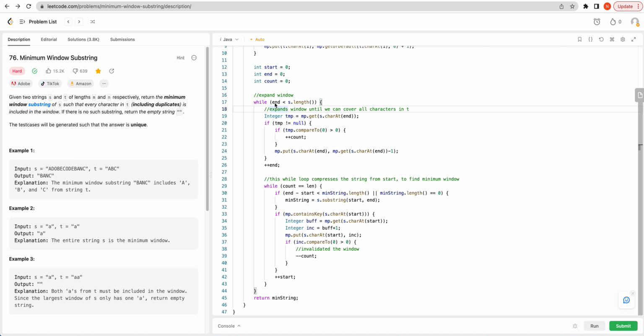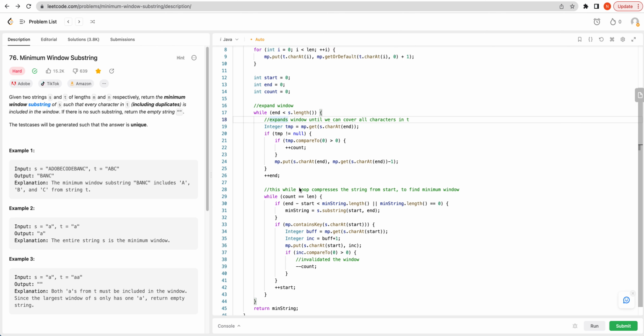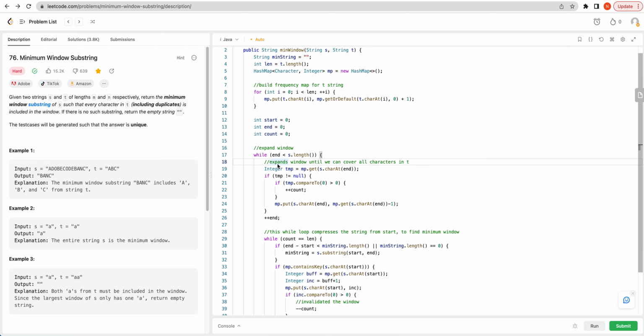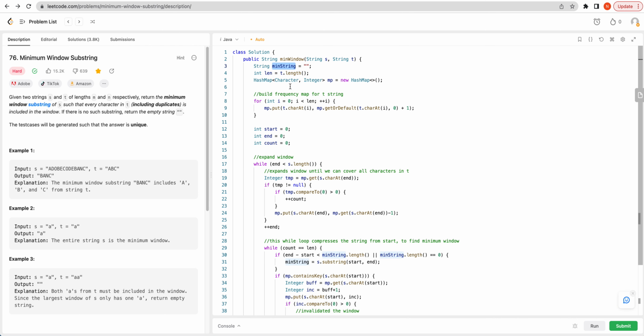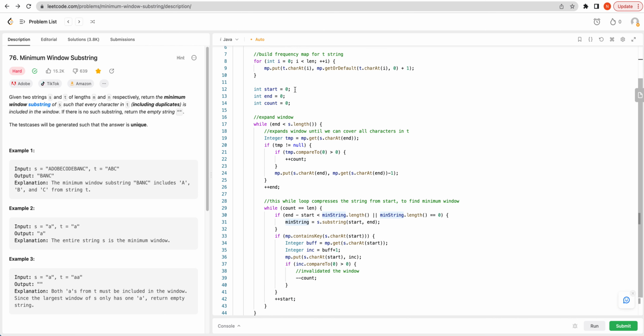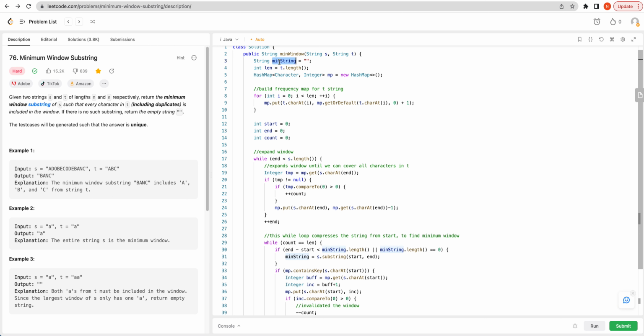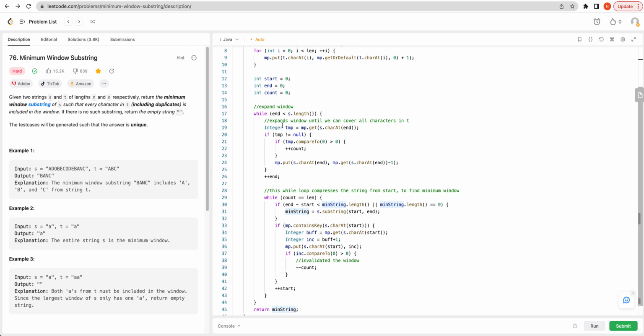If the string ends, then that marks the end of your traversal, and you return the minimum string seen so far. Min string is basically the min string seen so far, and you always update that as soon as you find the current minimum that is less than the min string. So in the first while loop, you have